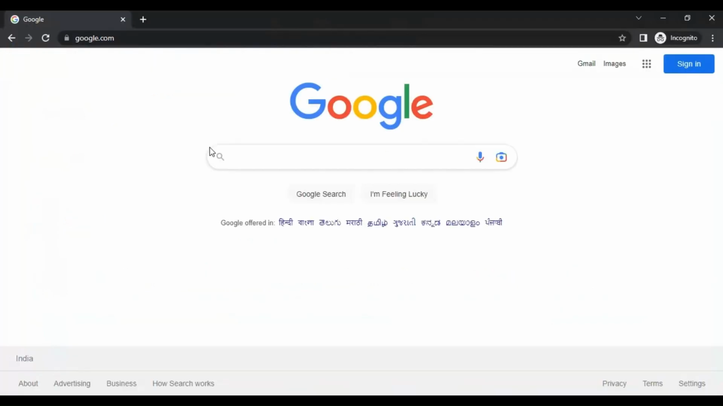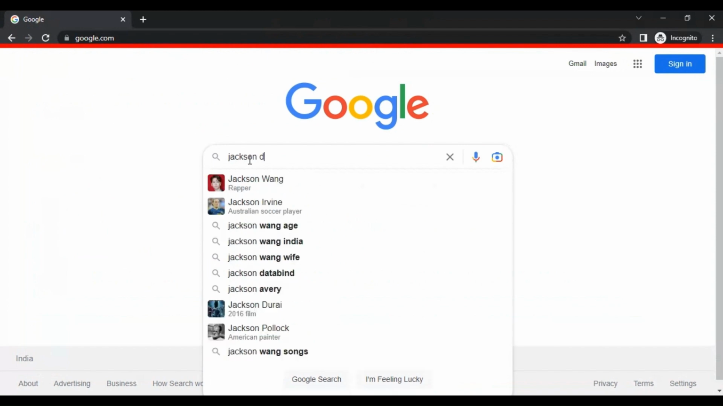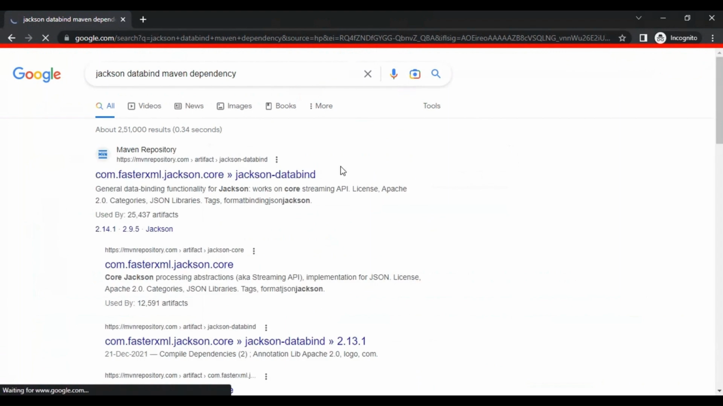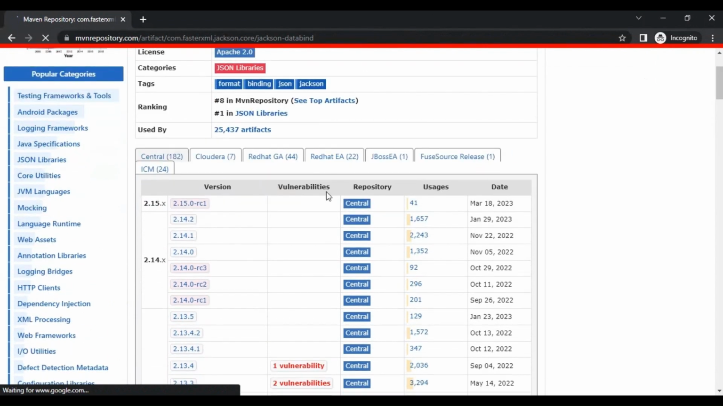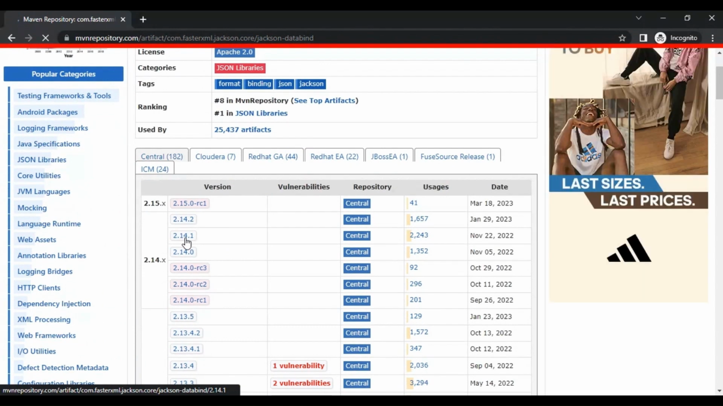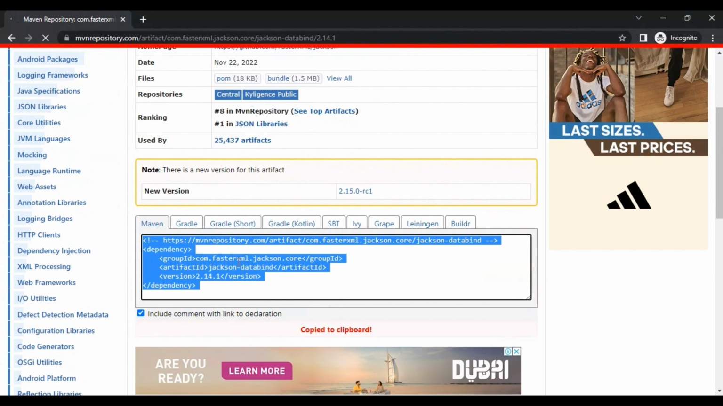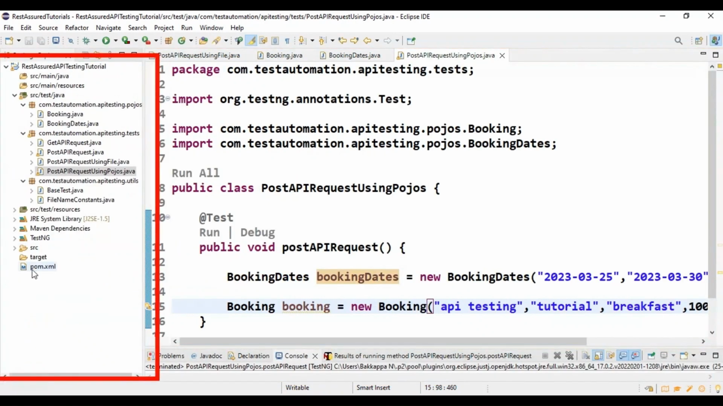So you can go to google.com and here you can search for JSON databind Maven dependency. And here you can go to the Maven repository official website. I will use the 2.14.1 version. You can use any version, it will work fine. So simply I will copy this Maven dependency and go back to Eclipse, and here I will open the pom.xml file